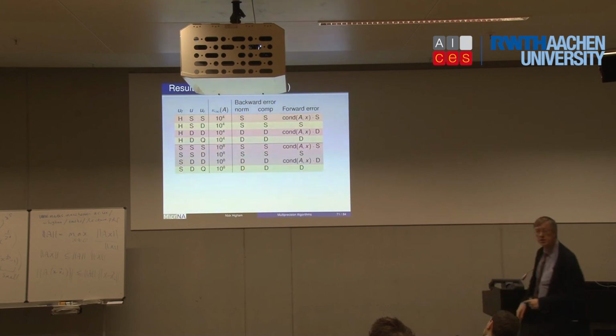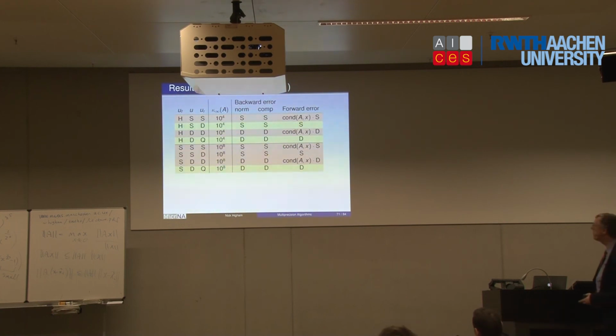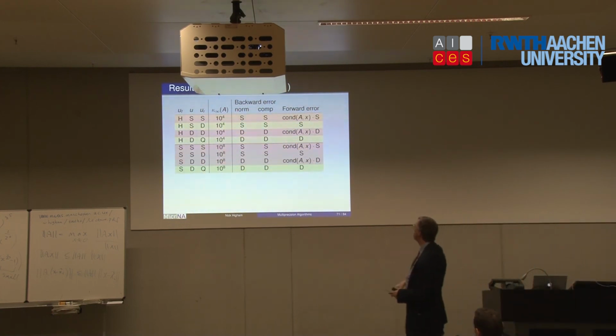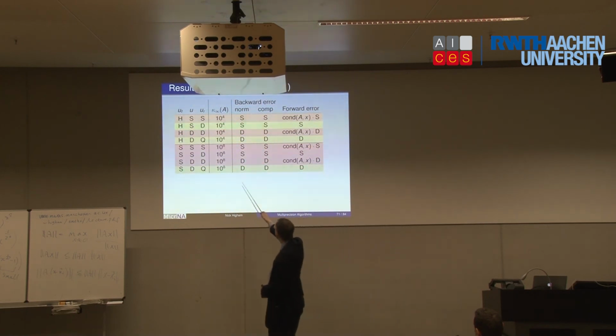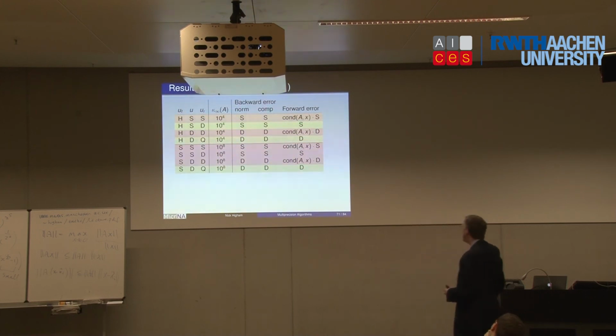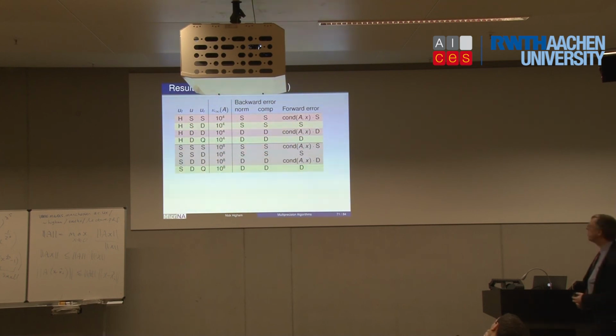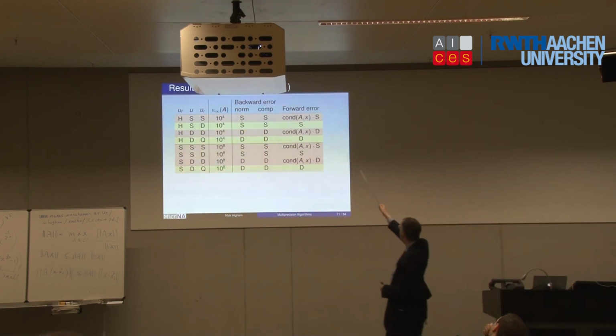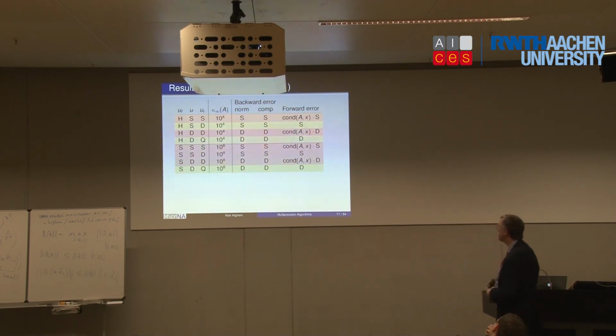So this table just summarizes the results I've shown you in, I think, a fairly informative way. Again, we've got the three precisions, we've got a bound on the condition number such that the remaining columns hold true. So what do these columns mean? If you look at the first row there, where I've written an S, that means we get an error of order 10 to the minus 8, the round off for single precision. So the backward error, either normwise or componentwise, is of order 10 to the minus 8. The forward error is bounded by cond(A,x) times 10 to the minus 8. So each line is in general different. The yellow lines are the three precision variants.